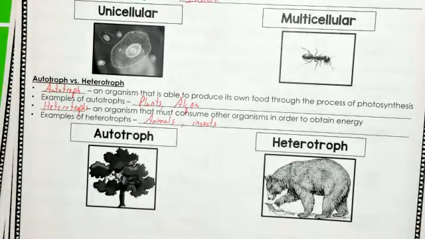Autotroph versus heterotroph. It's in the word, guys. Autotroph. Automatically makes food. That's crazy. They take in sunlight and make food. It's called photosynthesis. When an organism is able to produce its own food, it's called an autotroph. Think of algae, phytoplankton, grass, trees. They're able to take in sunlight and produce sugar, glucose. So these are called autotrophs.